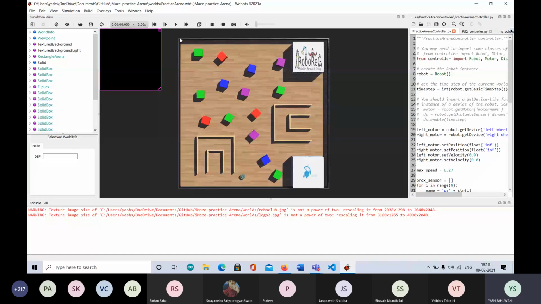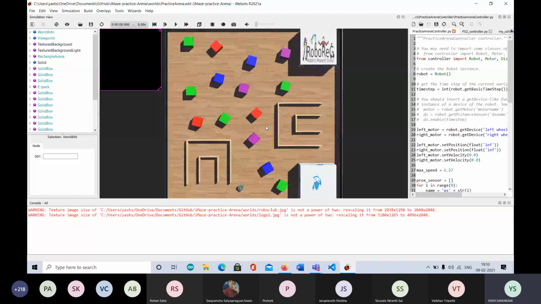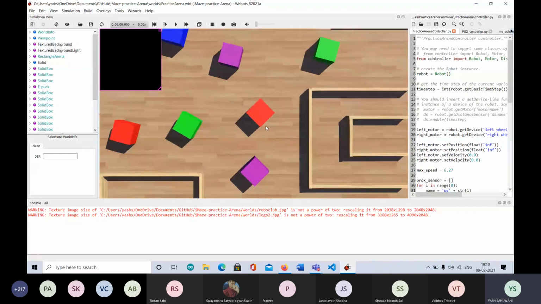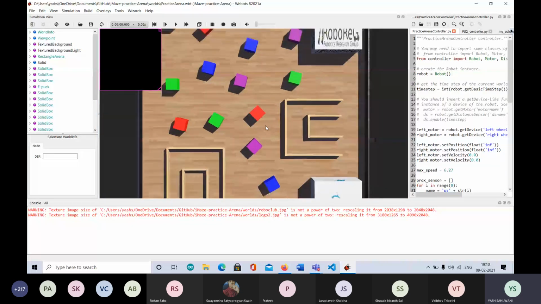This is the arena that you will be getting to practice on. Related to the problem statements, we have put in these different things related to the maze, as well as for the second problem statement, which involves OpenCV and contours. These can be used for practicing that. I'll explain how to navigate through this arena. For example, if you want to change your viewpoint, to view it from somewhere else, right now I am just scrolling with my mouse, scrolling in and scrolling out. That way you can zoom in and zoom out.